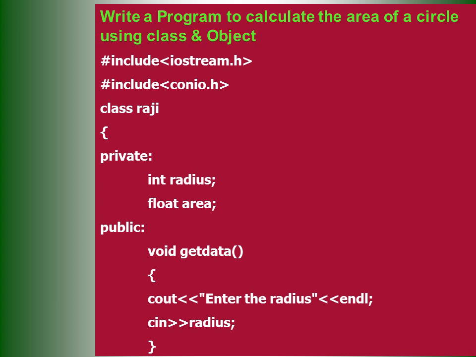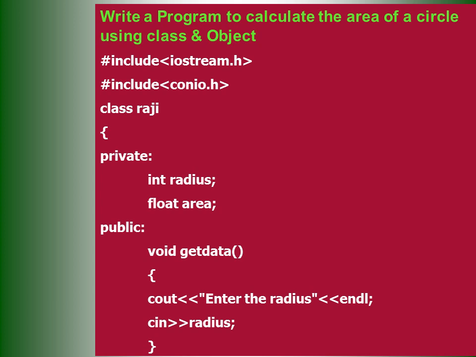Okay, then afterwards we have to open the curly braces and declare the data members under the private access specifier: int radius and float area. Afterwards we have to use the member function, and that must be declared under the public access specifier. Why? Because it must be shared with other classes. Void getdata, which means we have to get the particular data for the calculation of radius, so we need to get the particular detail from the getdata function. cout, enter the radius, endl.